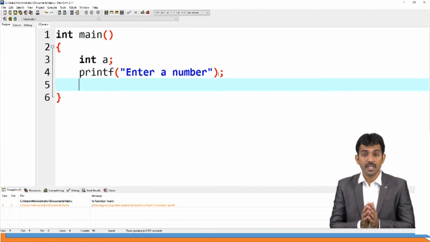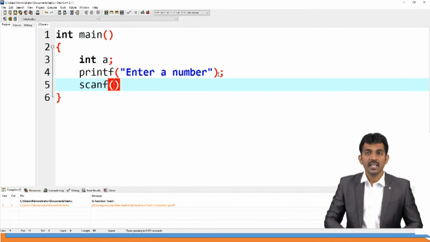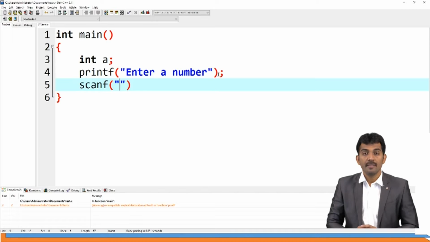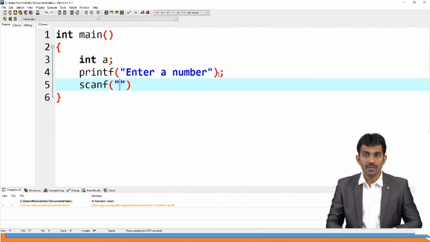After that, please remember every point you should understand before going to write. Next, I want to read a number from the input, right? You just use scanf. Scanf is a function to read data from the input, right? Here in scanf, what kind of data are you reading? You are going to read integer data. Just now we discussed, if you want to handle integer data, you should use %d, right? And A is the variable, and you should use the address operator ampersand.